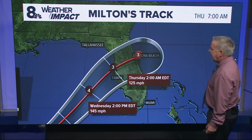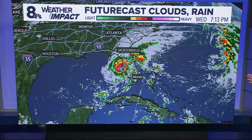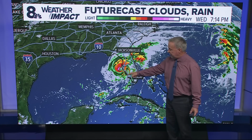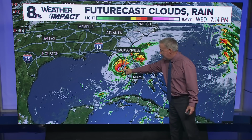Hurricane Center projecting rains anywhere from upwards of a foot to isolated amounts of 18 inches. And they're also projecting the storm surge as high as 15 feet near the Tampa Bay area and then to the south. Here's Futurecast. This would be 10:14 tomorrow evening East Coast time with the eye starting to push